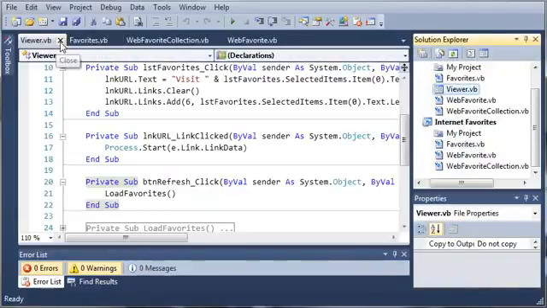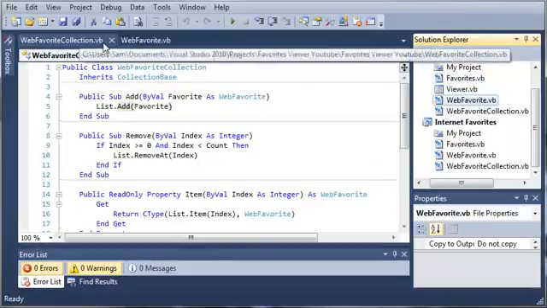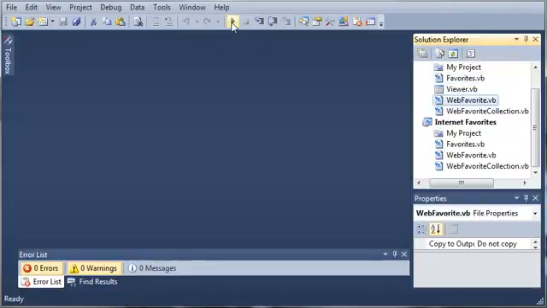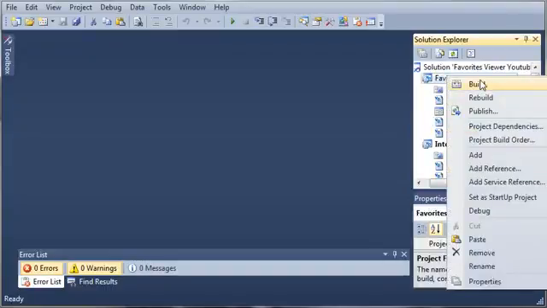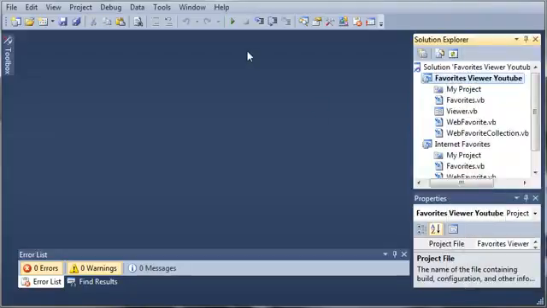In this tutorial we're going to be creating the web favorites tray application. So let's set the favorites viewer YouTube as our startup project, and if we go ahead and run this,